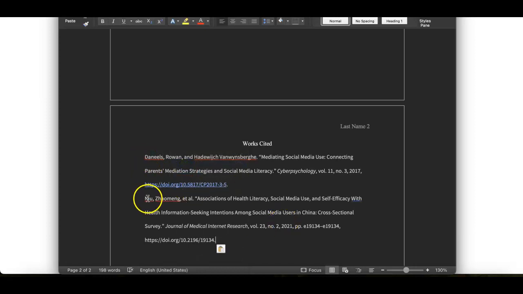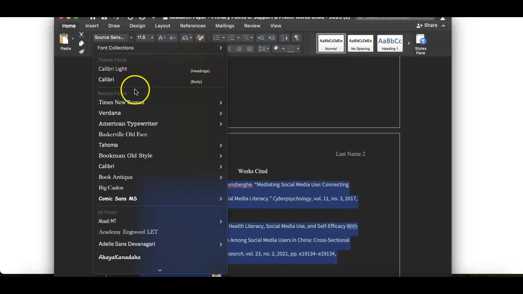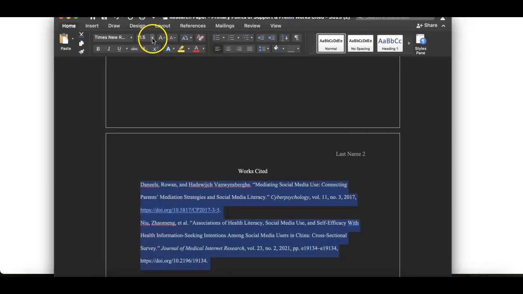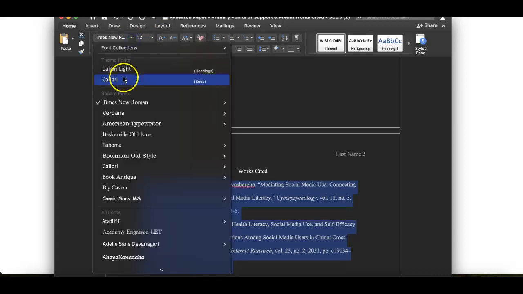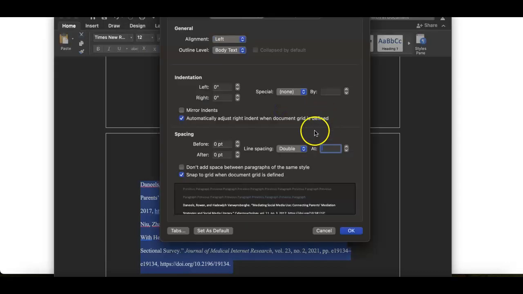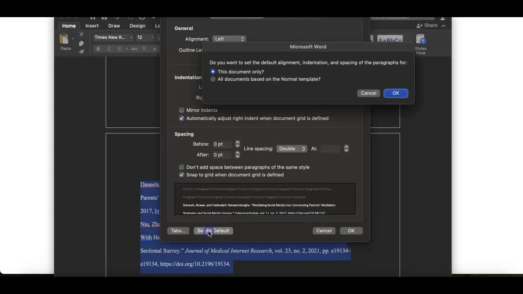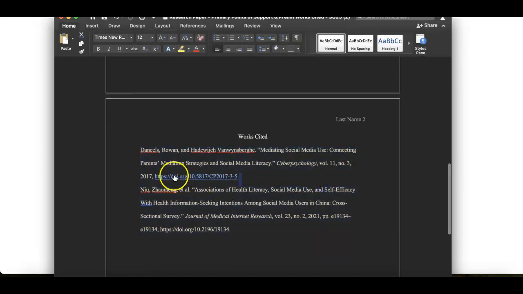This one starts with D, this one starts with N, so I can leave them that way because that's the alphabetical order. I need to go back to the top of my document here, and I need to finalize my formatting by doing 12 Times New Roman, 12-point font. I can also open this up as a font setting on this and set a default on it. I can also go here and reestablish my primary format here, set as a default, yes, okay, document only, or all documents based on normal template.